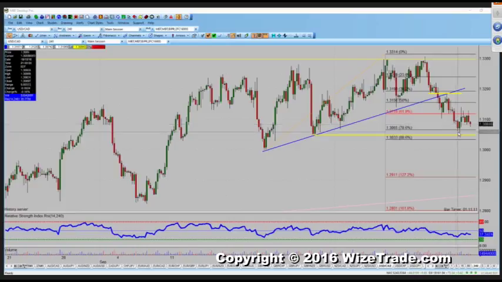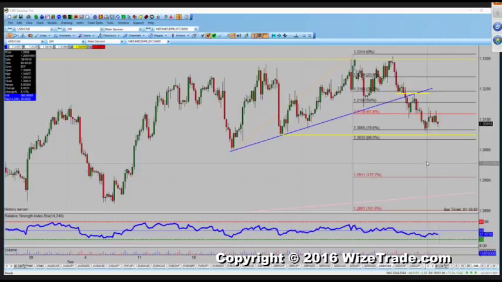I bought it yesterday. I know some of you got long with me yesterday when we dropped to 130.70. I sold it yesterday afternoon, a couple hours later, at 131.10. And now I'm just kind of sitting here. I don't really know what to do. I still think this horizontal support should offer support, but if the Bank of Canada is a little bit more hawkish, maybe we actually trade down here to 130. I think it's possible.